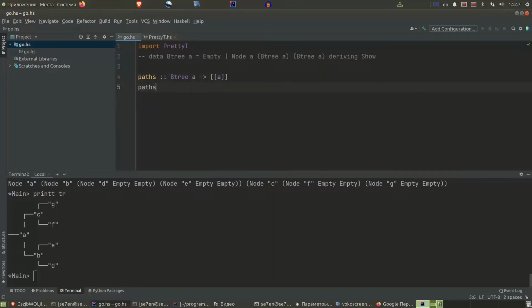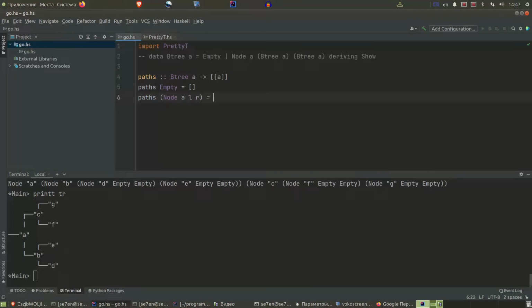Let's start from the corner case. When we have an empty tree, we have no paths. This is an empty list. And if we have some tree constructed with the node constructor and some left and right subtrees,